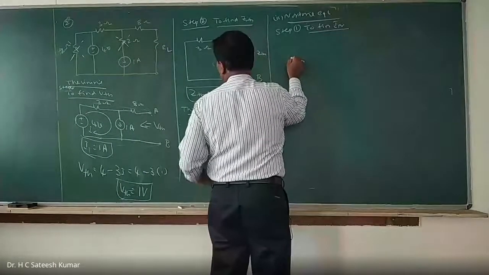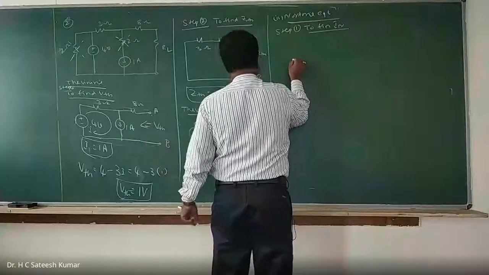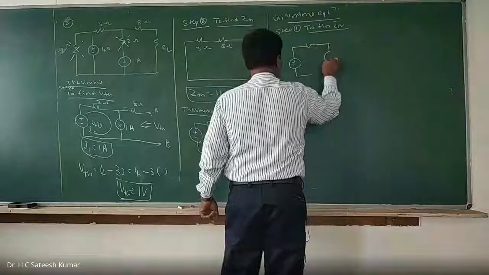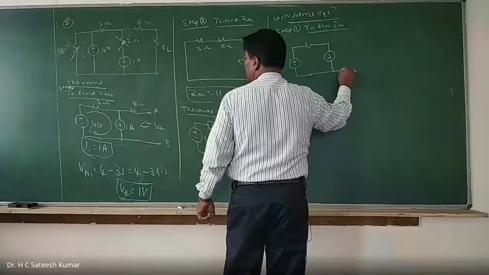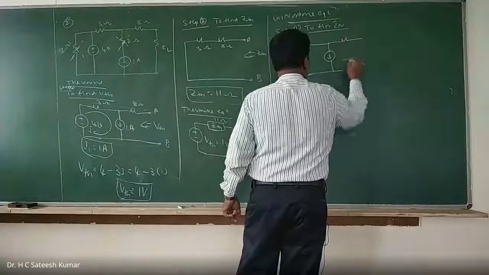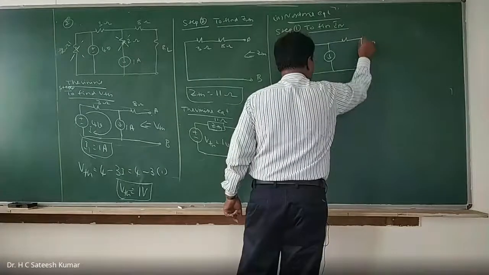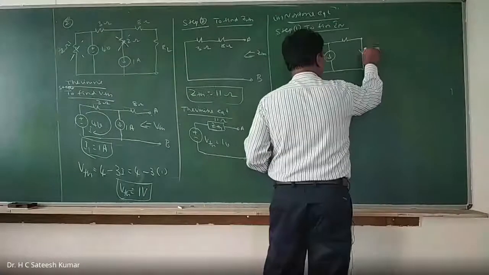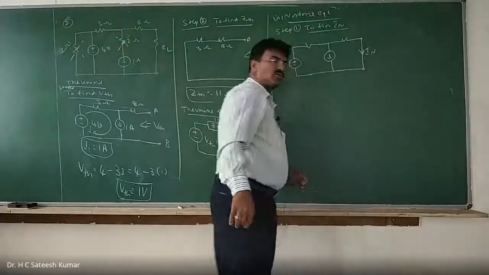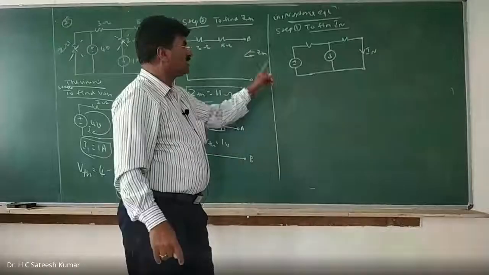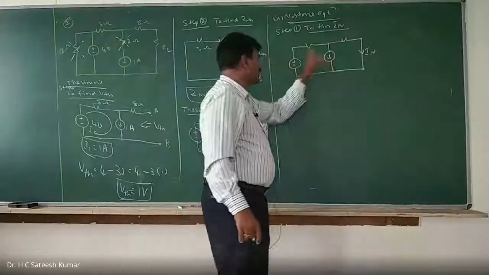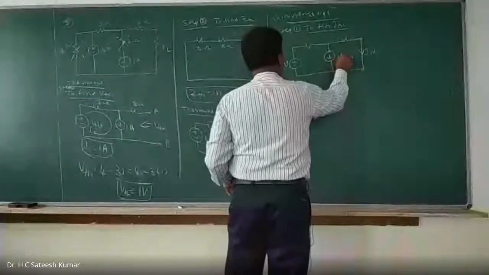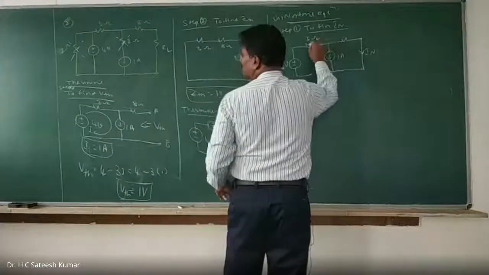So now you take up the original circuit, the simplified circuit that is available now. Here the terminals are short circuited, and this current I will call IN. IN is nothing but the short circuit current flowing through the load terminals, keeping all the sources active. All the sources active means we have to consider them: 4 volts, 1 amp, 3 ohms, 8 ohms.